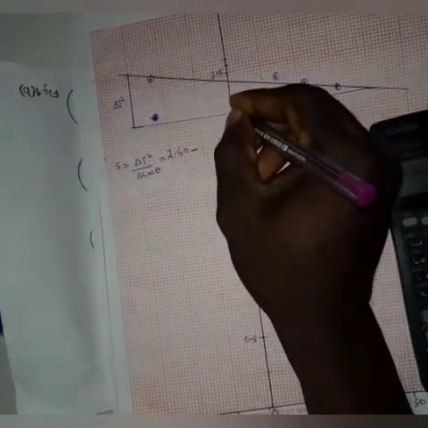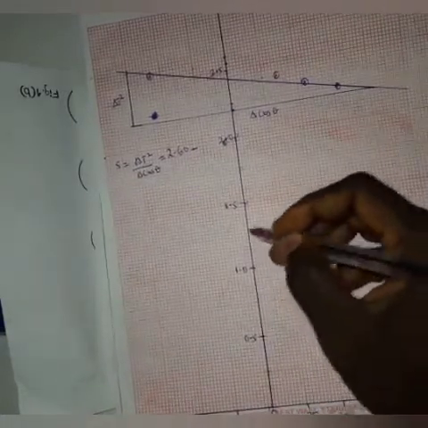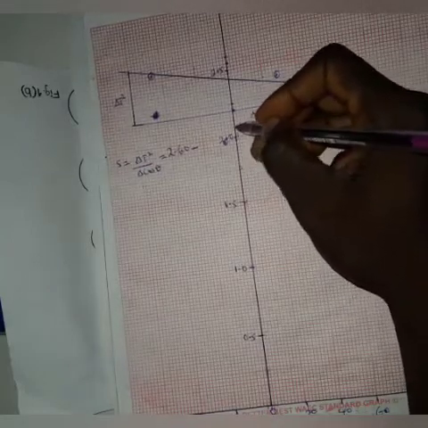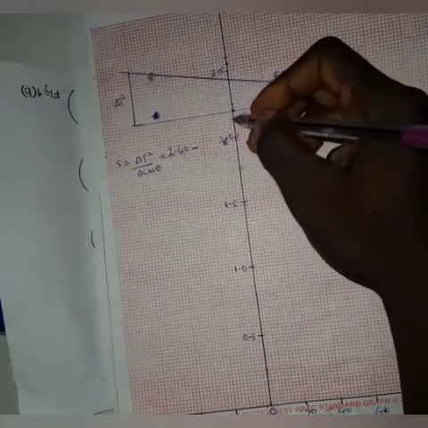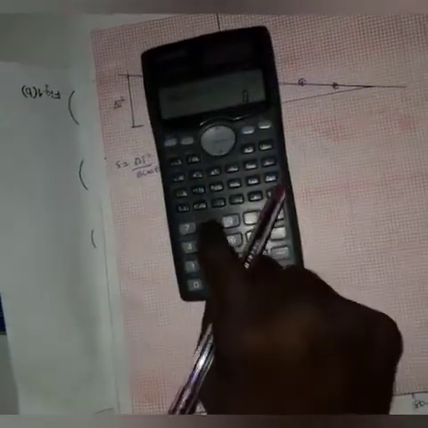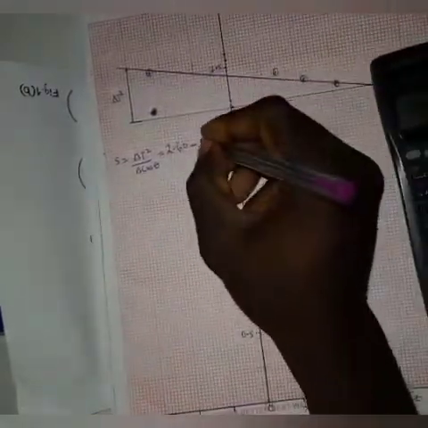So let me put a star there so I can read it. So this is going to be 10, 20, 30, 40, 50, 60, 70, 80, 81, 82, 83, 84, 85, 86, 87, 88. So I'm going to have 88 divided by 40. That gives me 2.20